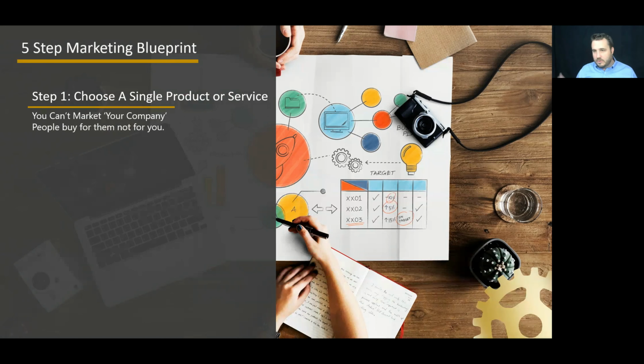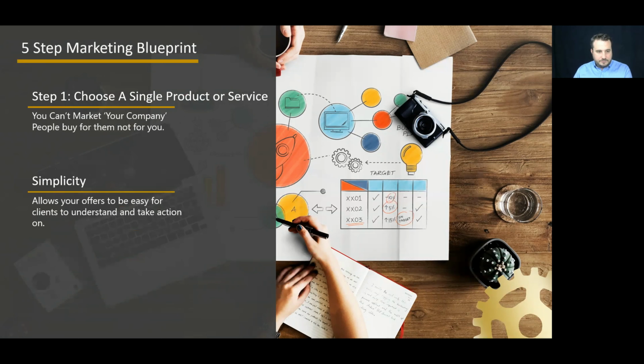So people go, here's my logo, here's my brand, this is my company, ta-da. Nobody cares. They want to know, what are you selling them? Here's our shoes, not here's our company that sells shoes. Okay? Here's our coffee. Have a sip, enjoy it. Not this is our beautiful coffee shop. Very different. Your marketing has to speak to them, which means it has to be delivering the product or service